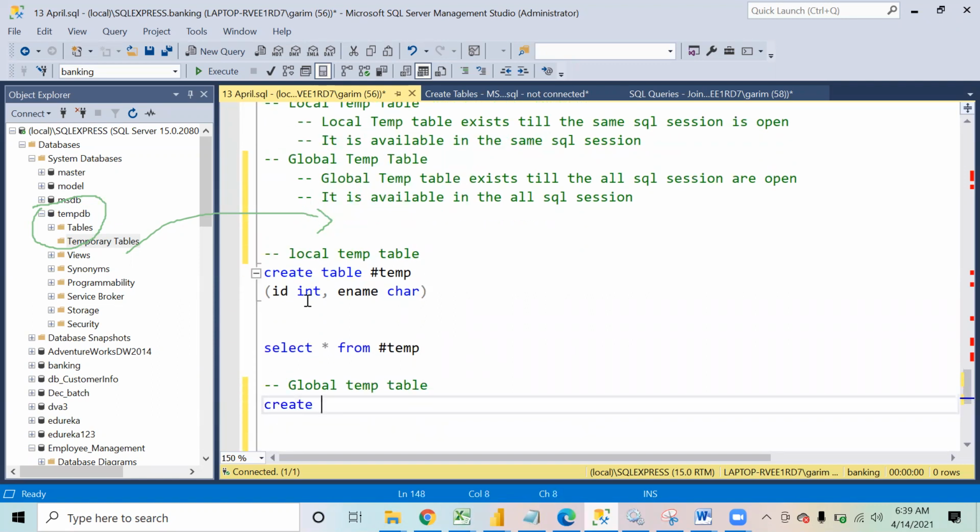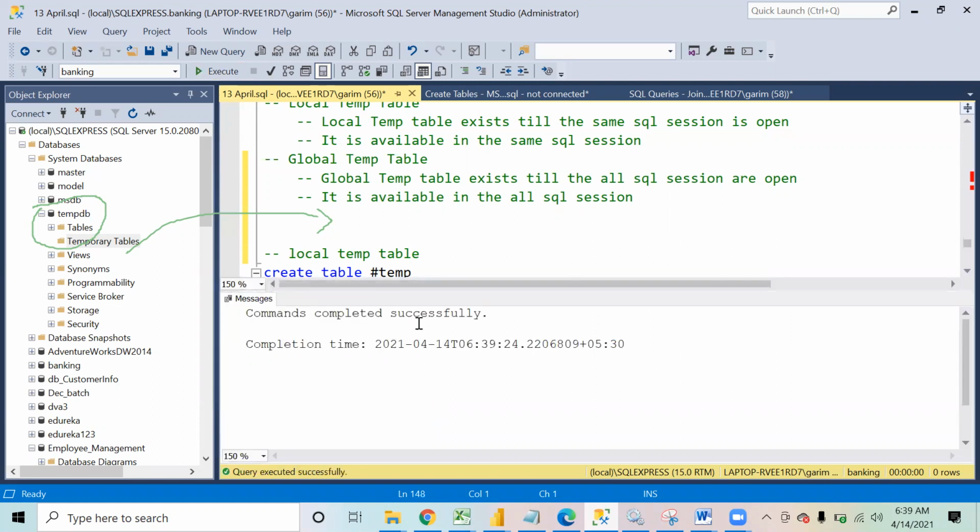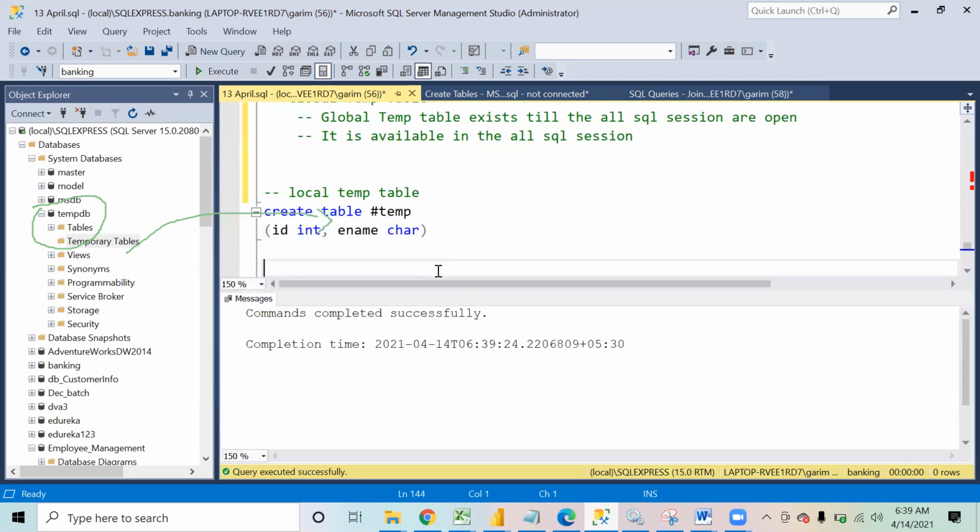You simply say create table. Instead of using a single hash, you will use a double hash. If I say temp and I use ID, I'm saying this is integer, name, and this is character. Okay. Now this table that I'll be creating over here will be a global temporary table.